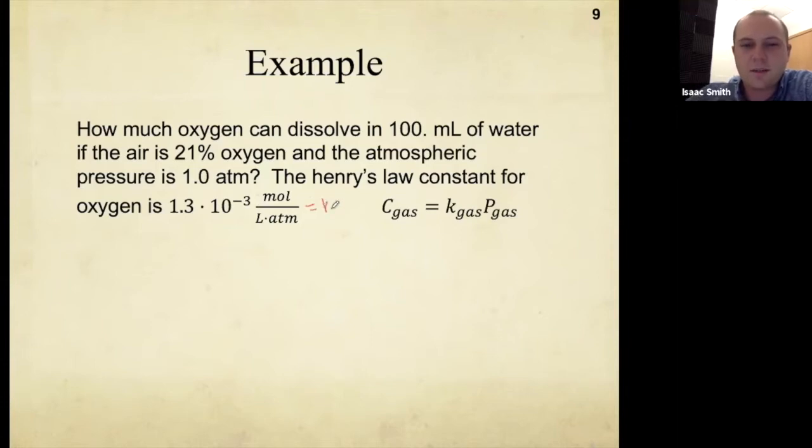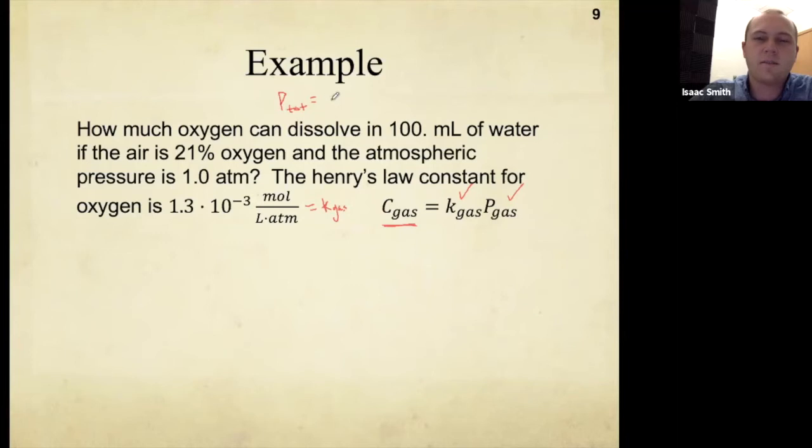Okay, so this equals your K, your Henry's law constant. We know K, because it's just a constant. In order to solve for how much oxygen can dissolve, so solve for the solubility, we just need the partial pressure of oxygen. Reviewing some of the equations from the previous exam, we talked about gas laws. The total pressure is going to equal